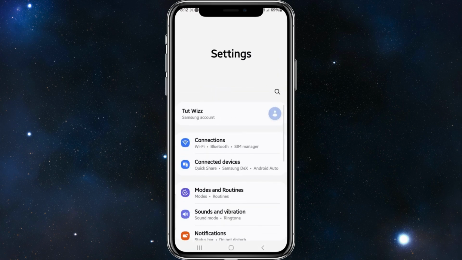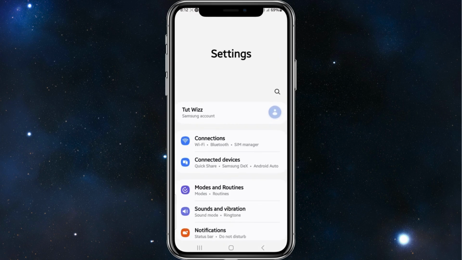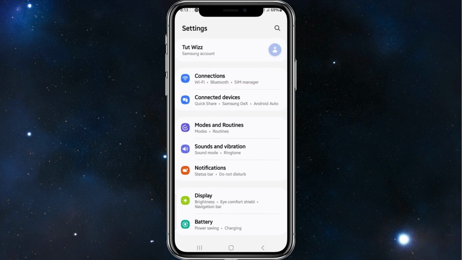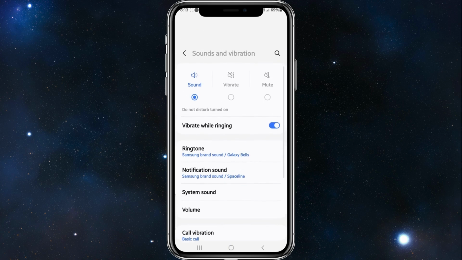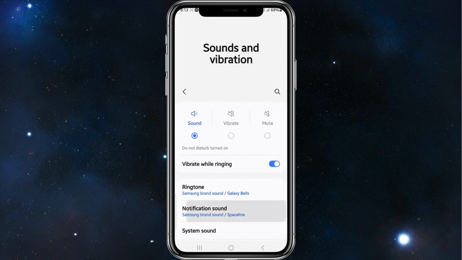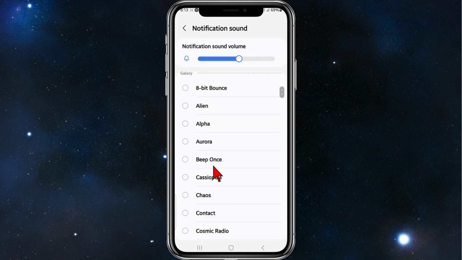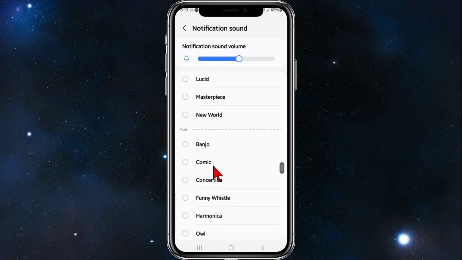And then once you've done that, head back to your Settings app on your phone and go all the way to the main screen, and then from here click on Sounds and vibration. And then where it says Notification sound, click into that, and then simply change your notification sound to whichever one